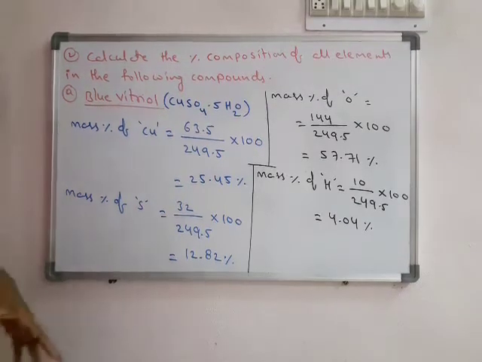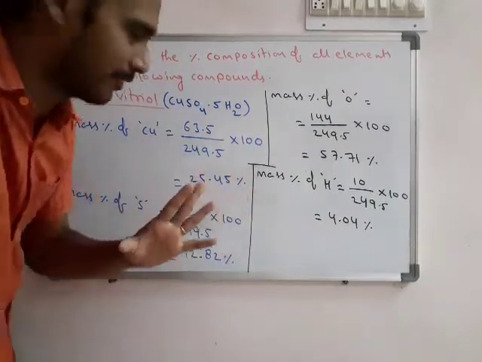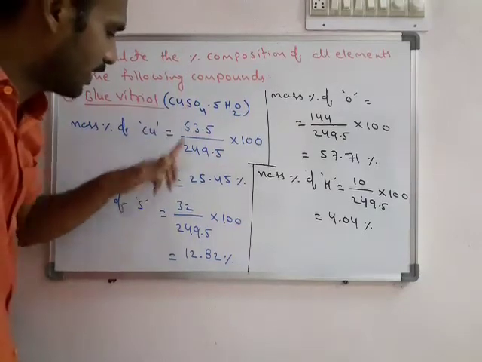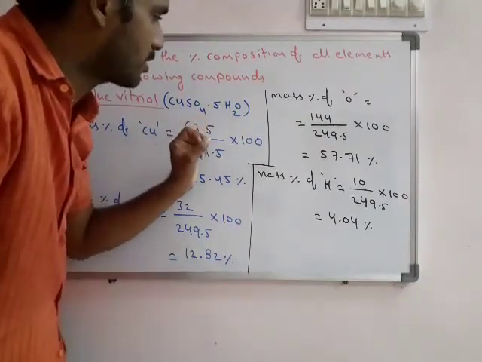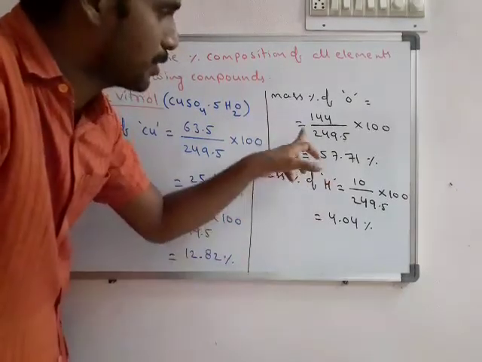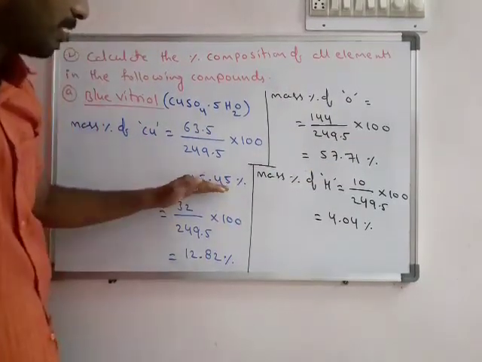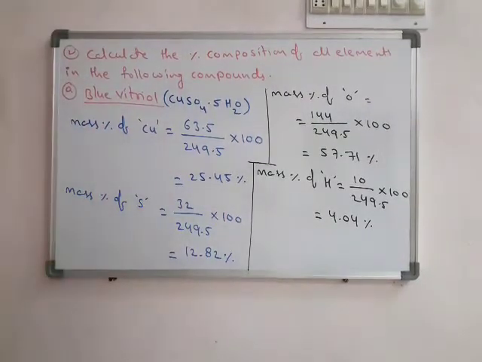Just here we need to calculate how many atoms are present into its molecular weight. So copper, 1 atom, so 1 into 63.5. Sulfur, 1 atom, so 1 into 32. Here oxygens 4, here 5, so 9 oxygens, 9 into 16. Means a particular element's mass divided by the total mass of the compound into 100. So 100 minus the remaining 3, we will get 4.04%. But here the important thing is the calculations are important.